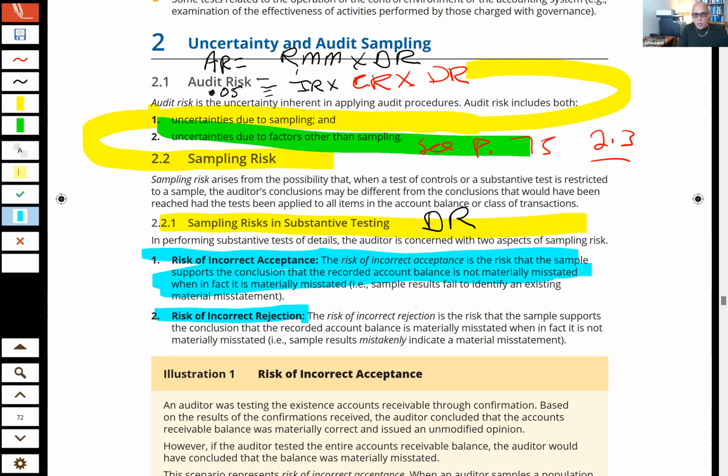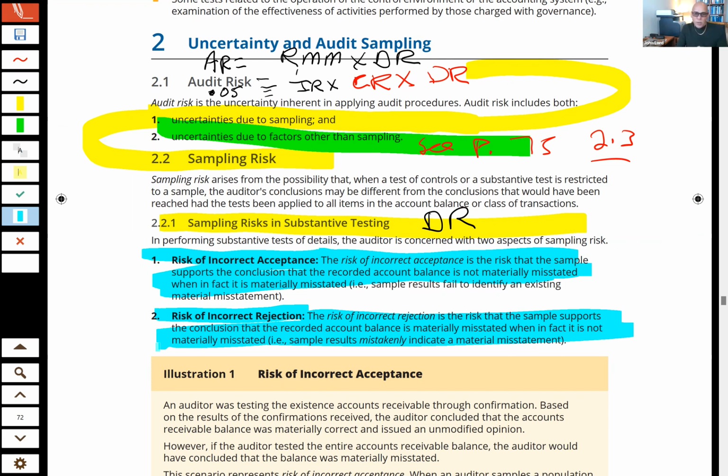This is audit failure, isn't it? We give the unmodified, unqualified opinion when we should have qualified. And the reason in this case that we've given that wrong opinion is that we use sampling and the sample was not representative of the population. Okay. Now, risk of incorrect rejection is the risk that the auditor will determine that there is a material misstatement,